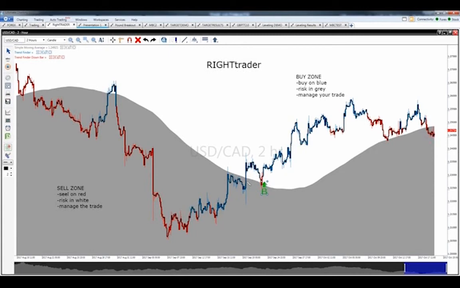We wouldn't have bought here because we were heading into this zone already blue. So it's a very clear entry point right here. Now our exit point out of this position, we're going to hold it all the way up through here because we are in the buy zone. I don't care if we get red in these candles. We're holding all the way down to right here till it hits right down here in the sell zone, that little bit right there.